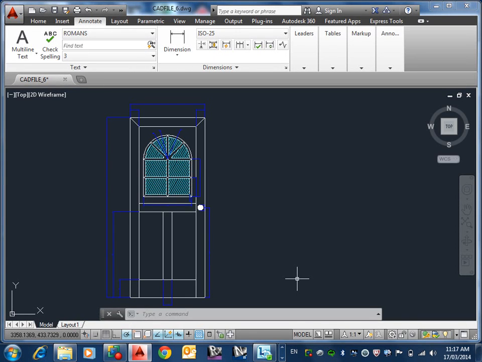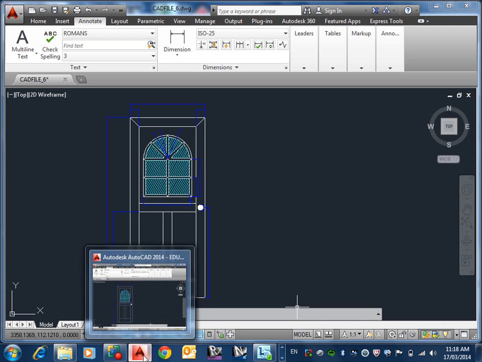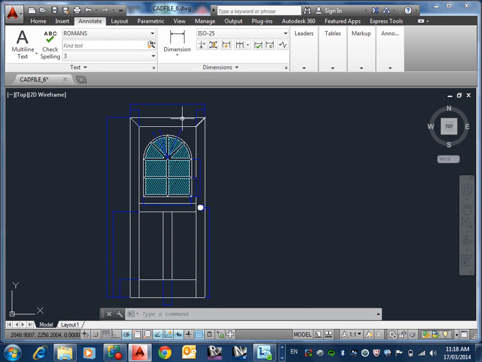Okay, we're going to do a little demonstration now. I'm going to show you how to use annotative dimensions and how they can be used in viewports. Alright, so basically you need to set up your dimensions using, and I'm going to use actually this particular CAD